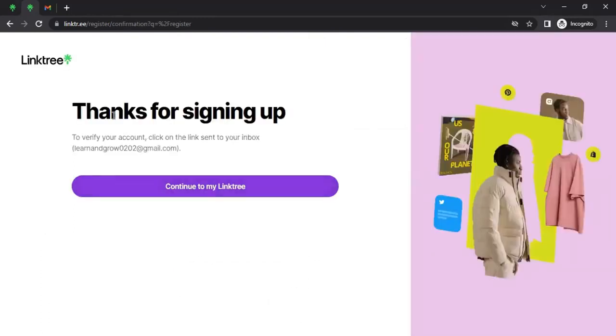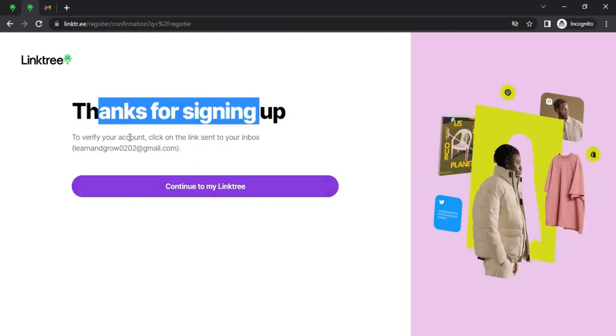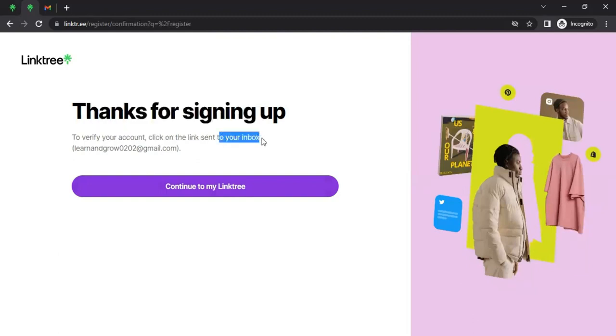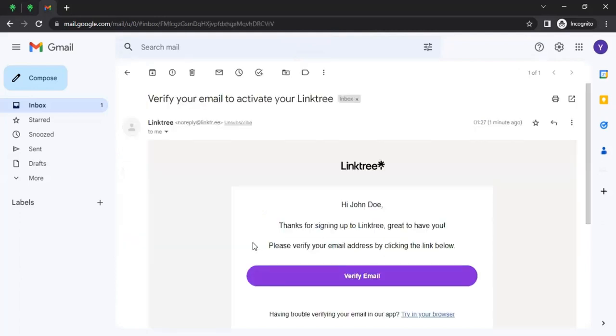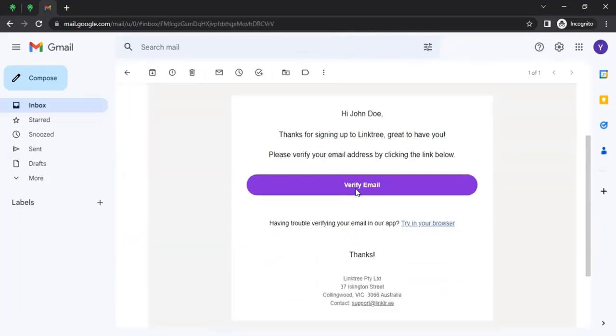Then it will tell you, thanks for signing up. To verify your account, click on the link sent to your inbox. So whatever email address you have given or chosen, you can go to that email account and click on the link from there. So this is my email account, and I should have received an email from Linktree. This is the email. I can open the email. In your case, you can also do that and click on verify